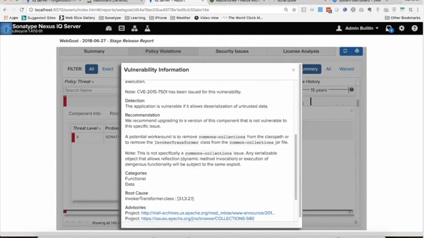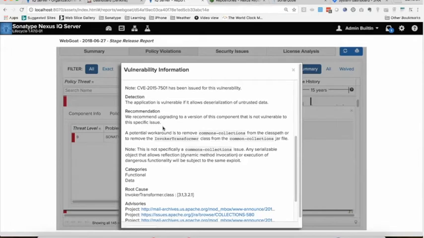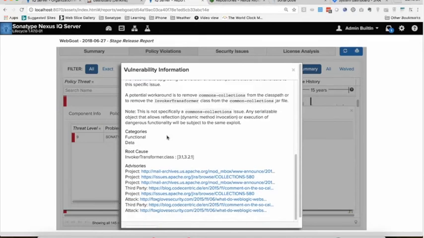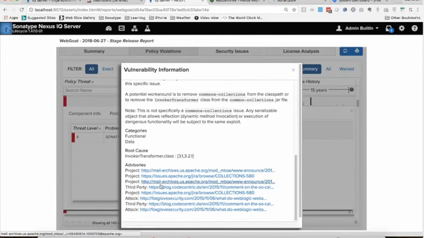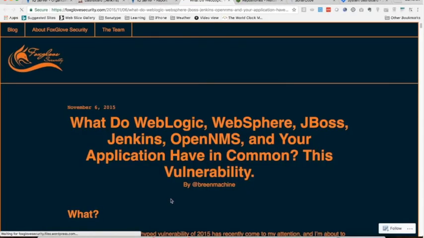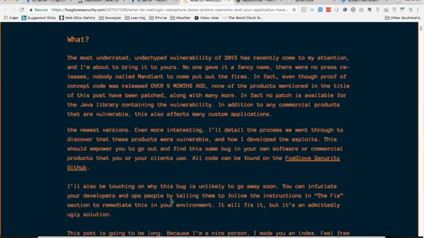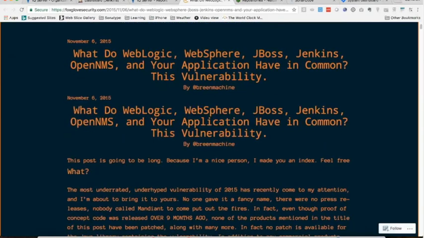But just going back to this one here, we actually have a recommendation as well. We recommend upgrading to a version of this component that is not vulnerable to this specific issue, which means upgrade to a new version of the library. We also tell you about a potential workaround if it exists. And then we have advisories and different articles that have been found about the vulnerability. If you want to show that to the developers, if they push back and say, look, this is not a problem, you can take them to the research, and this is the article that shows the nature of that particular attack, explaining how it works and so